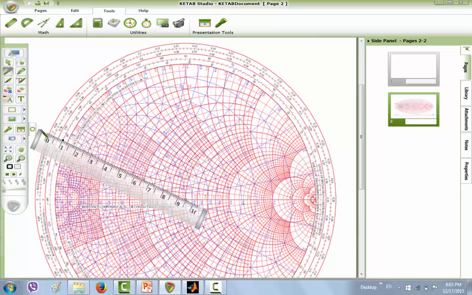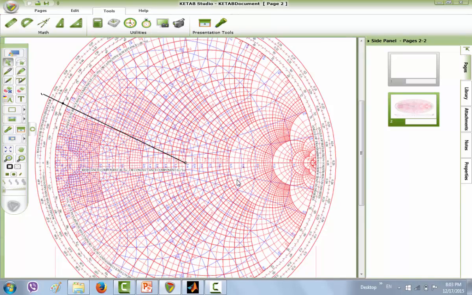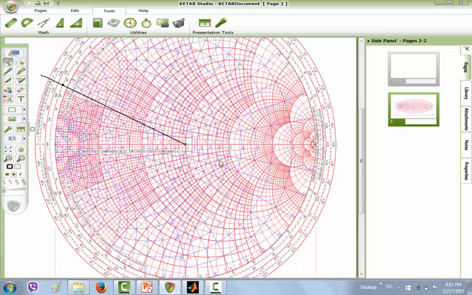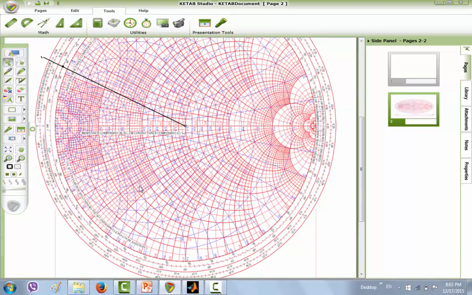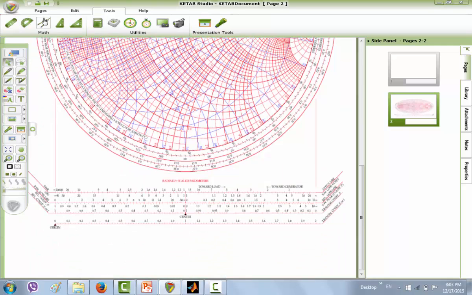I'll use the pen. So this is the line from the origin to S11 conjugate. I don't need the ruler. First we locate the 3 dB point, which is the maximum source gain, and its magnitude is 0.707, and as we said, it is in the reflection coefficient scale. So we take the compass to the reflection coefficient scale and determine the 0.707 point, which is approximately here,